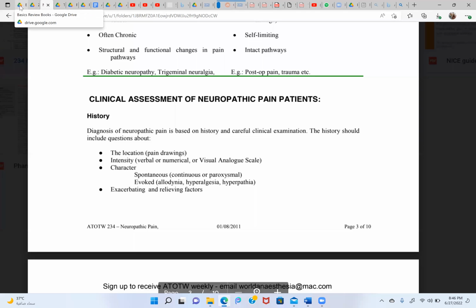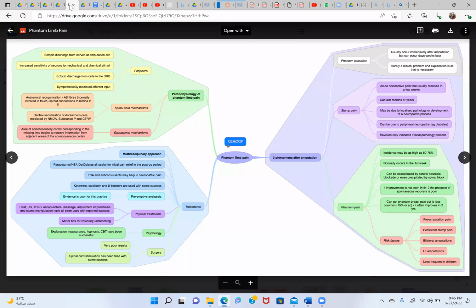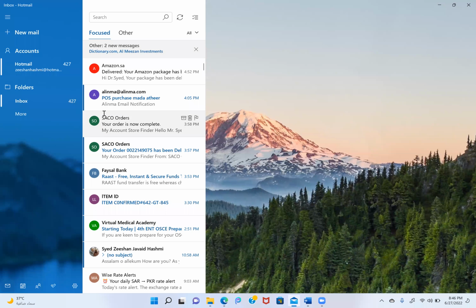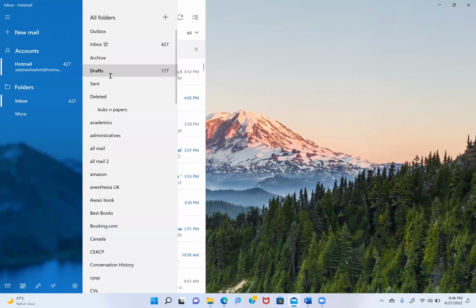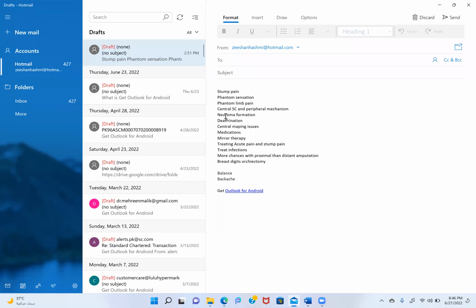Now, Zanera, you can tell us what phantom limb pain is. So phantom limb pain is actually a pain that occurs after amputation. It can occur immediately, within a week, or may occur later, after a few years. There are some risk factors for phantom limb pain, which comprise bilateral limb amputation, pre-op pain, and also